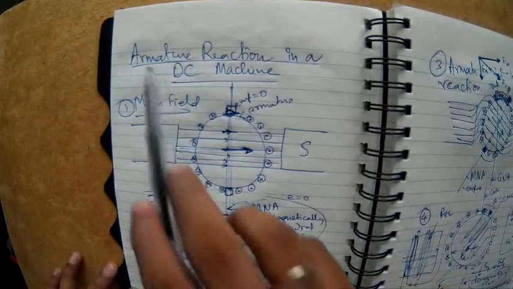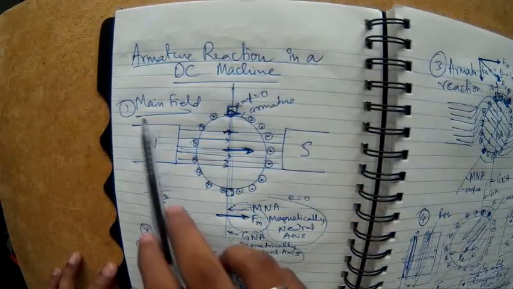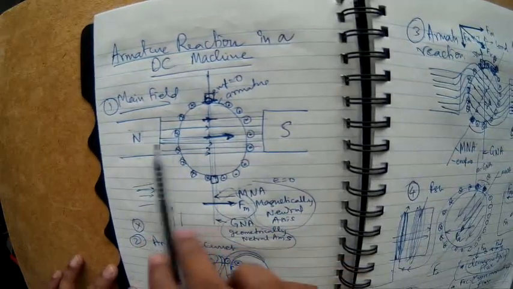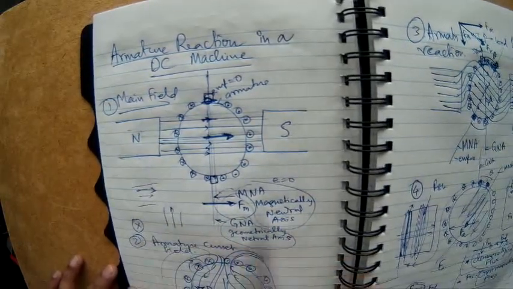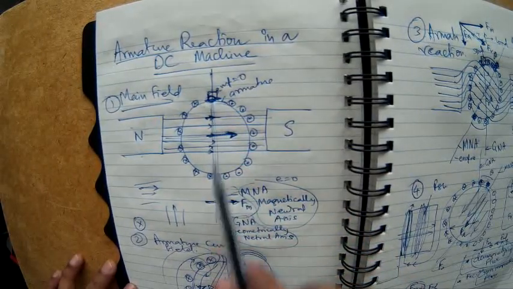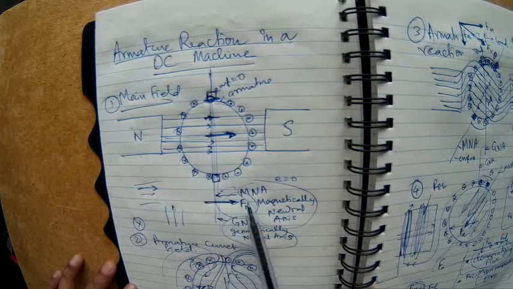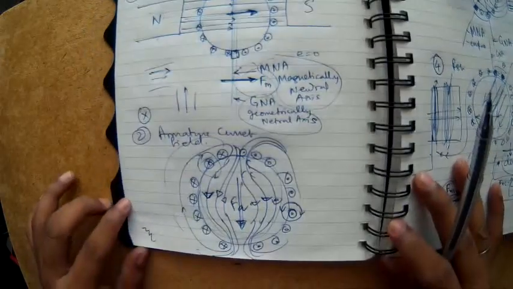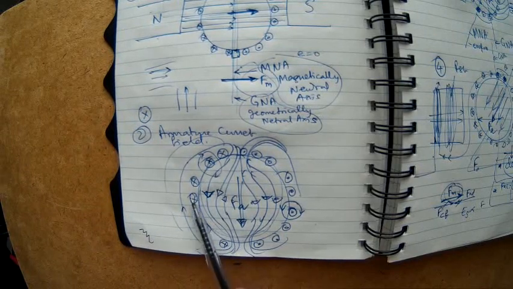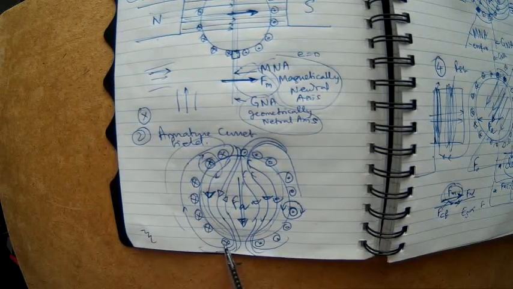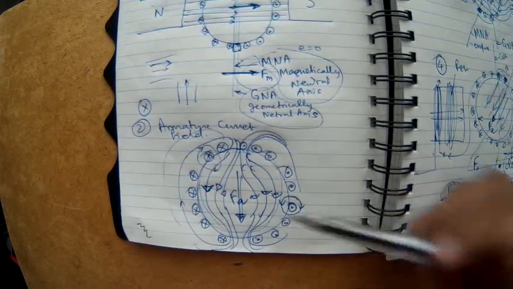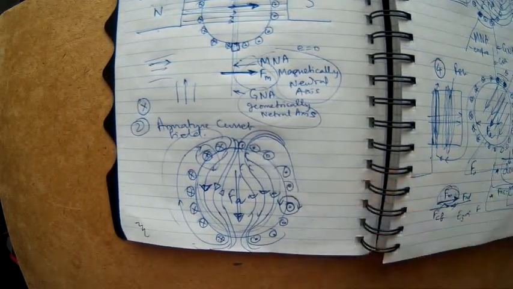That is, we talked about armature reaction in a DC machine. There is a main field, north pole, south pole. You can see two poles, and the main field is going from left to right, and we have the armature in between, and there is a geometrically neutral axis and a magnetically neutral axis, GNA and MNA. Then considering only the armature currents, these are the armature currents in the conductors. A cross mark means the current is going into the book, and a dot represents the current coming out.